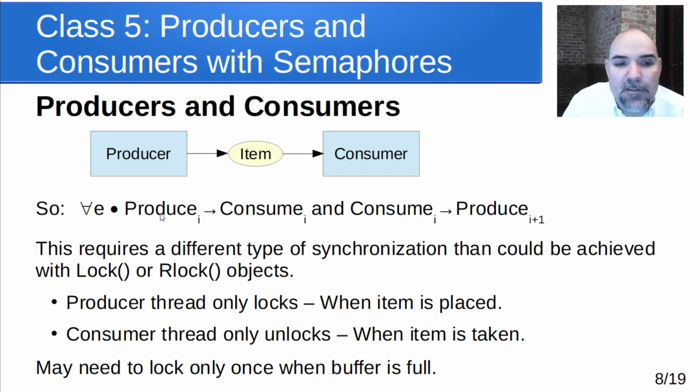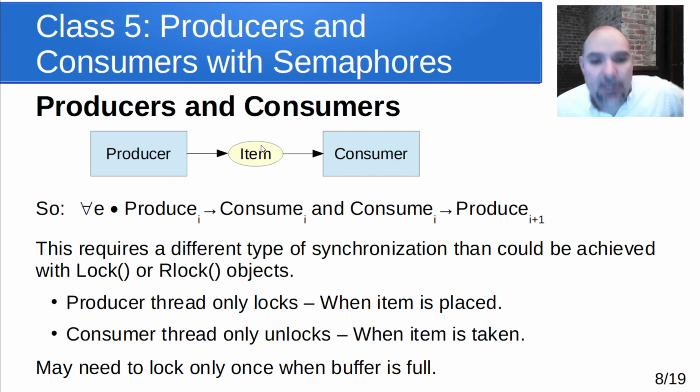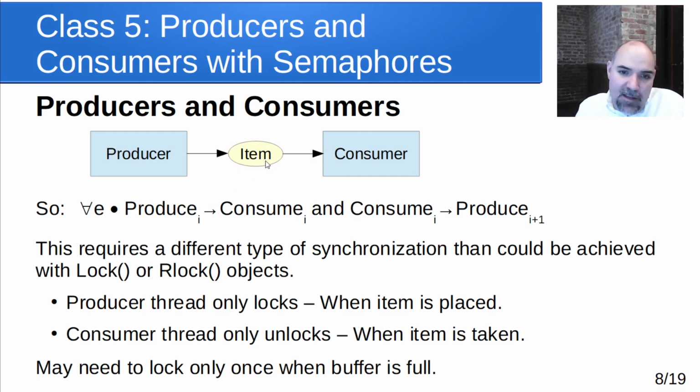I have to wait for this to complete before I can consume. And also, in this case with that one item buffer, I have to consume the item from step i before the produce of the next step, i plus 1, can happen. Otherwise, we'd overwrite something and we'd lose data. So notice that requires a different kind of synchronization than we could achieve with Lock or RLock. In this case, the producer thread only locks when an item is placed, and the consumer thread is unlocking that when an item is taken. And that's not something we can do with locks